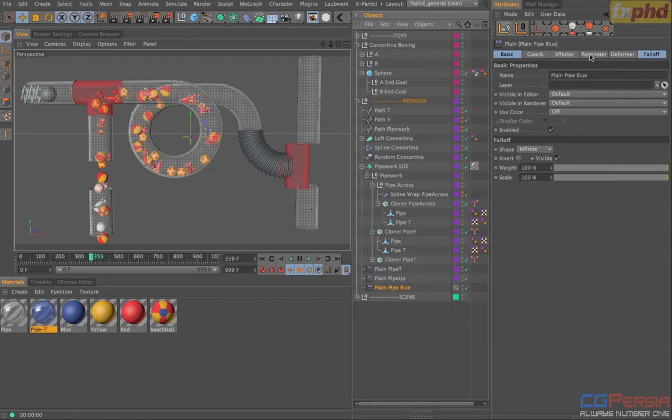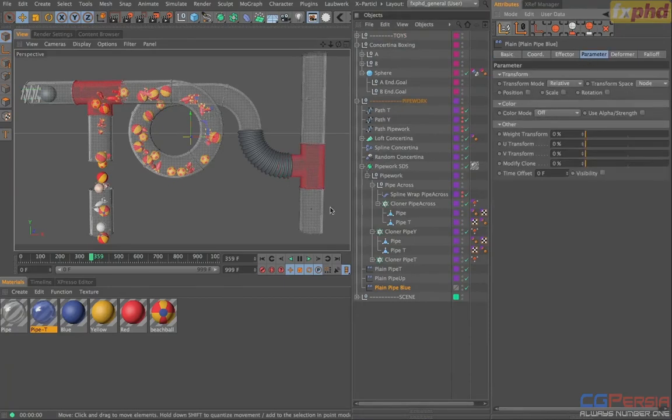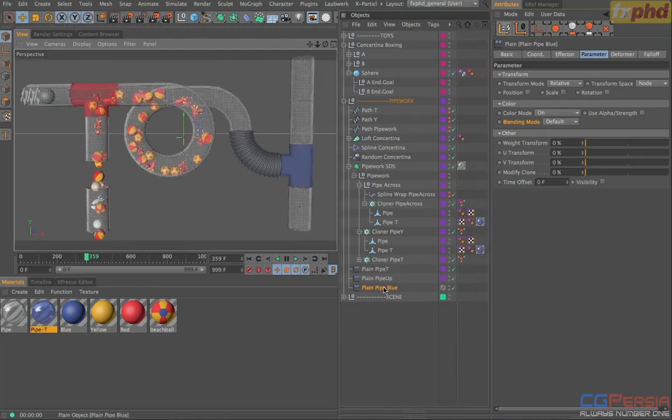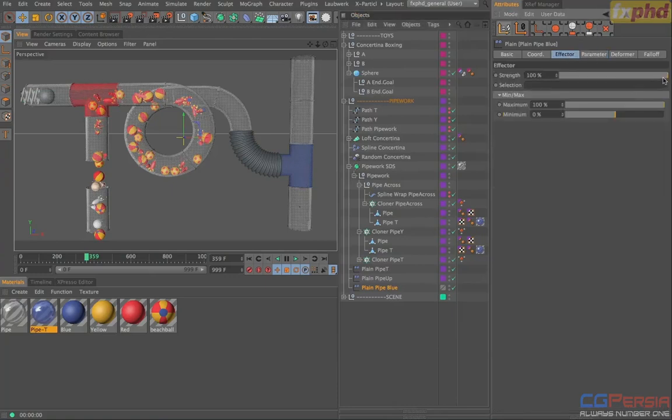I'm going to switch to the parameter tab and uncheck position. We don't want to be moving this pipe. All we want to do is enable our color mode. And you can see that this has now gone blue, and if we render that part there, we should see our blue T-pipe. If we grab this effector, switch to the effector tab, we should be able to adjust the strength and see the result, and we're not seeing the results, so